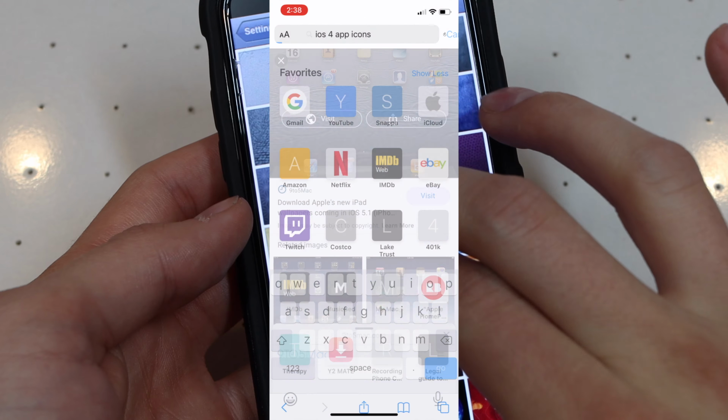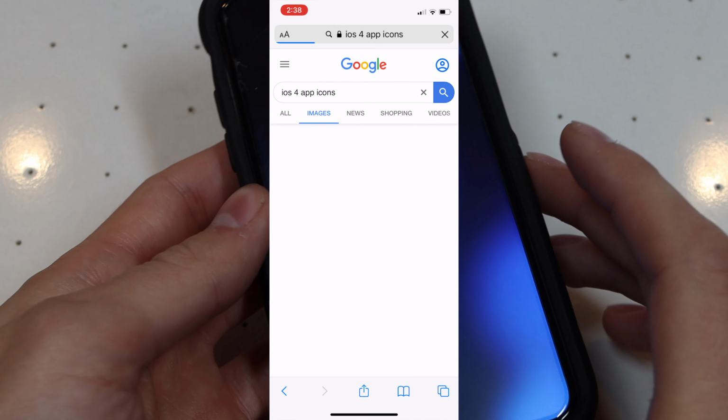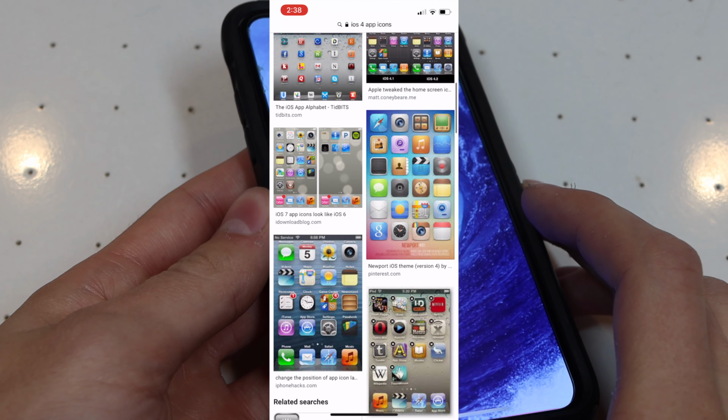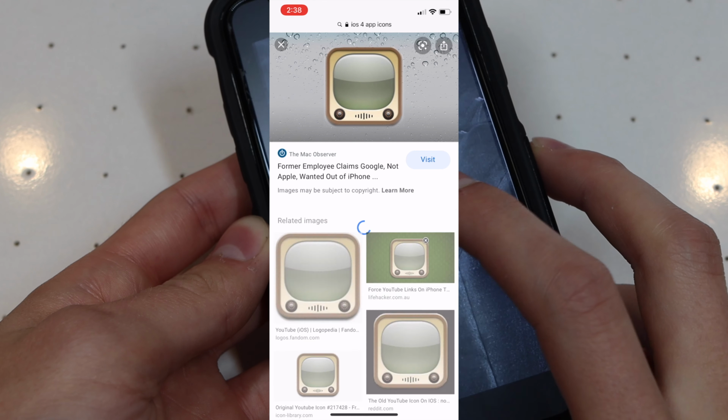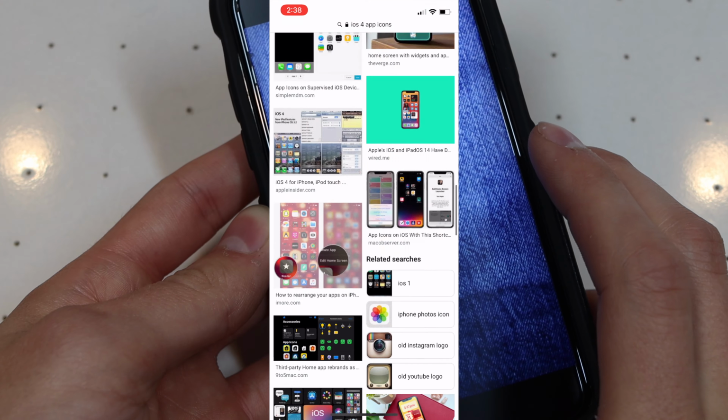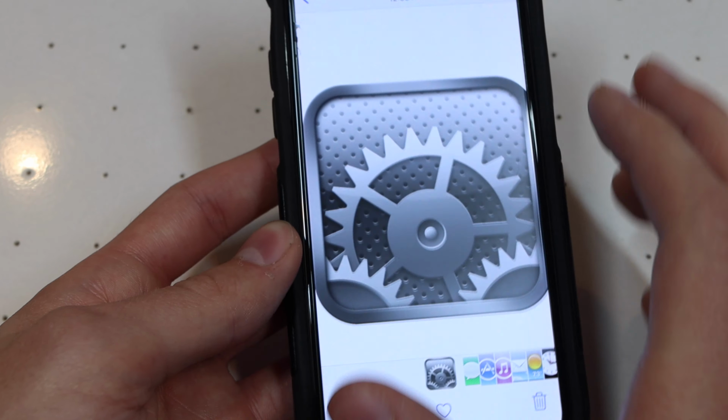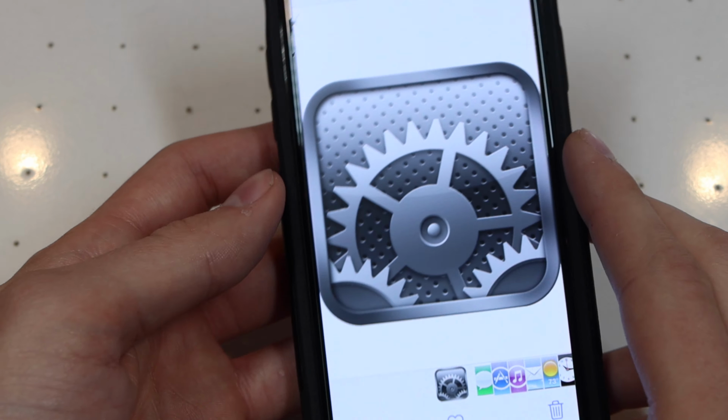I knew that this was going to take some work. I searched for every single app icon from iOS 4 that I could find. Now, not all of them were high resolution, but that's okay, because once you have the image squeezed into an app, you can't even tell if the picture is low res. So after some hunting and some research, I was able to find most of the app icons that I wanted